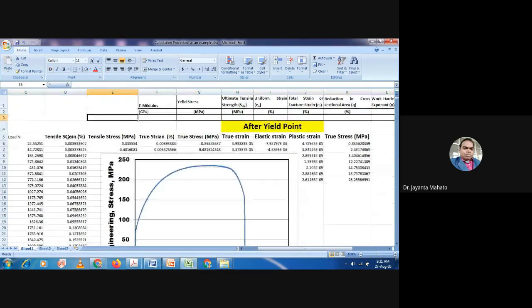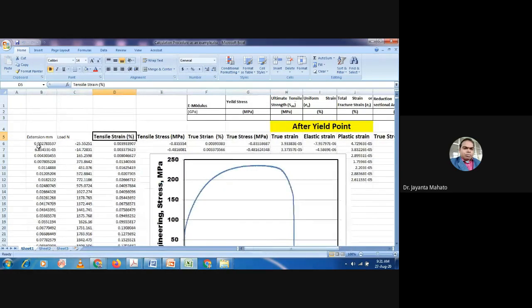From this raw data you will get different values of extension, load, engineering tensile strain and engineering tensile stress. Or you can calculate the engineering strain from the extension value.